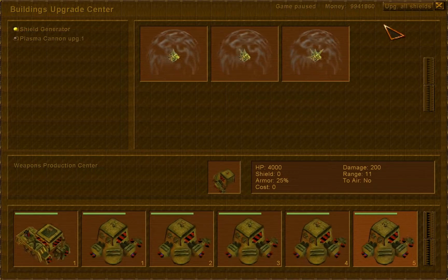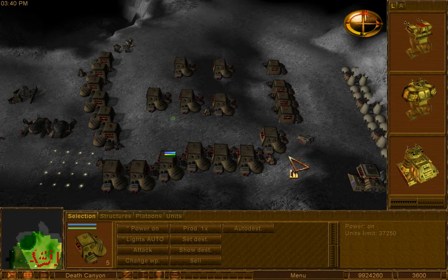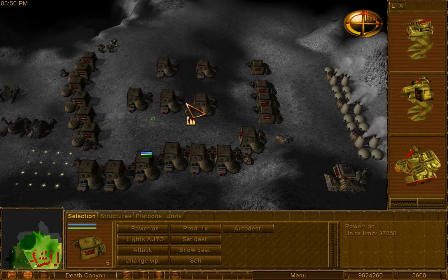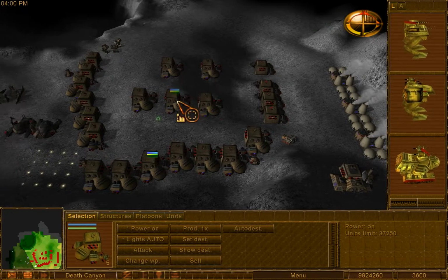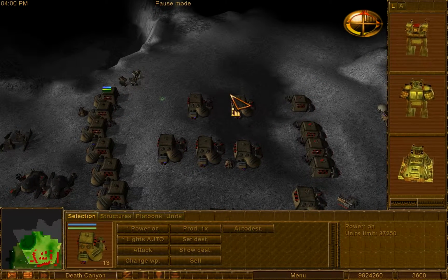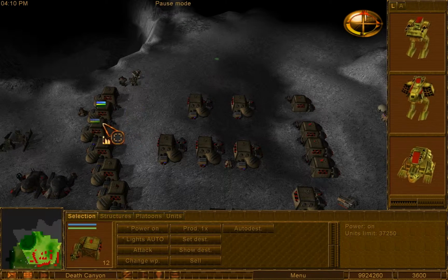Another thing that we have to do is upgrade all building shields. There's a very nifty button for that. All of the buildings have been upgraded to the highest level of shield that they can carry. As far as I know, all buildings can carry the highest level of shield. Like, you know, the strongest shield. So we don't have to worry about